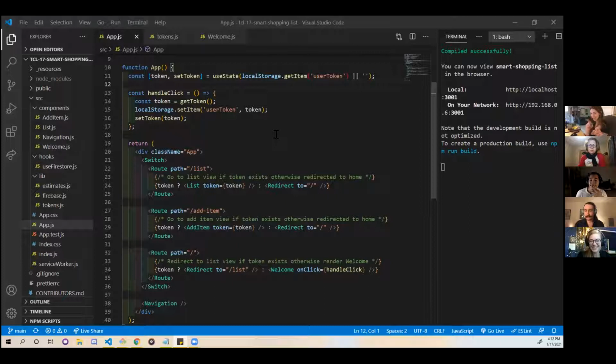So when it comes to the application state, I think that it tracks a lot of different things in an application. It can track things like the data that exists in the system, so things like the items in our lists. Very frequently we're fetching that from another API or database and then inserting that into our application state. But it also cares about other things as well, right? There's certain things that are local state. The example of the token is probably a pretty clear one, where there's a local storage that you're using